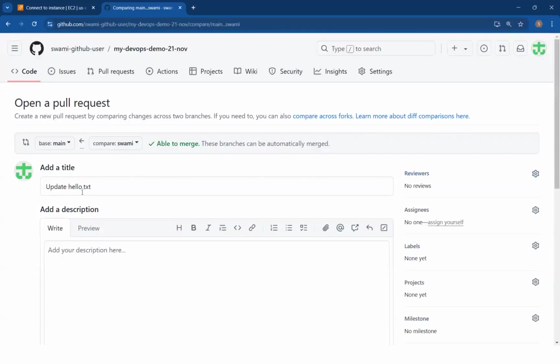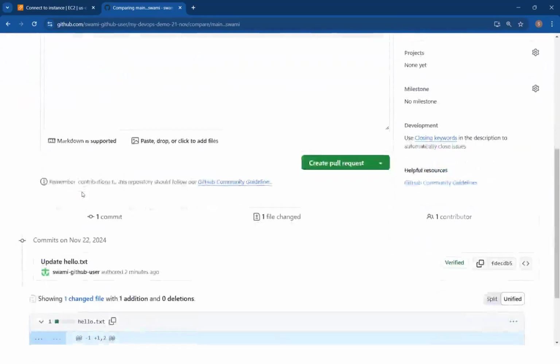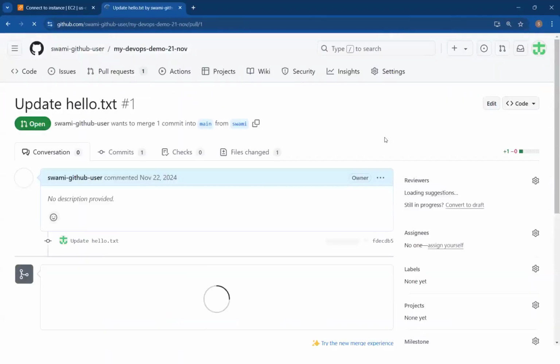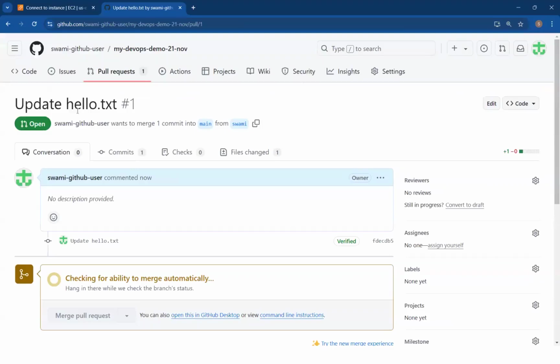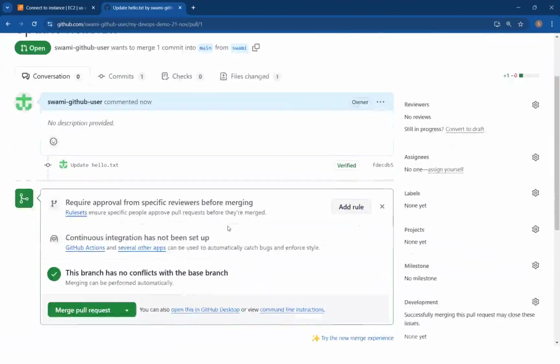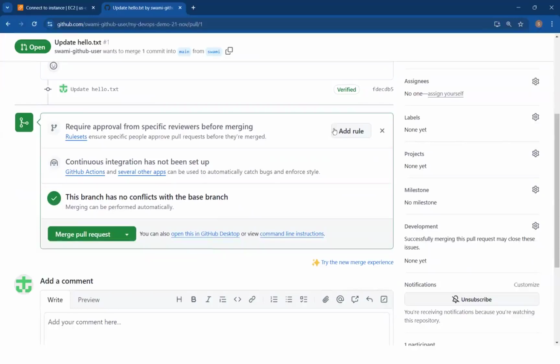Yes, it will mean hello.txt update. Yes, these are the changes that will happen. As a part of that, I'm sure, and I'll click on create the pull request. And you can see the pull request has been created. Now, team, as I've told you, ideally how it goes is when you create a pull request, then this pull request will go for approval to some user or the other.